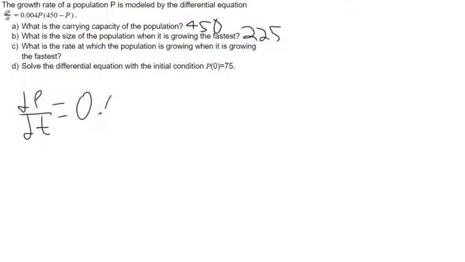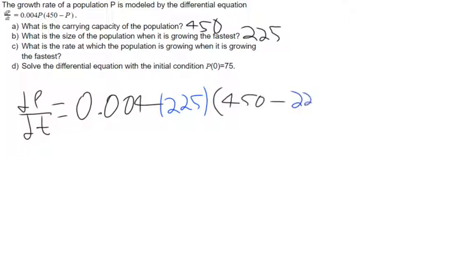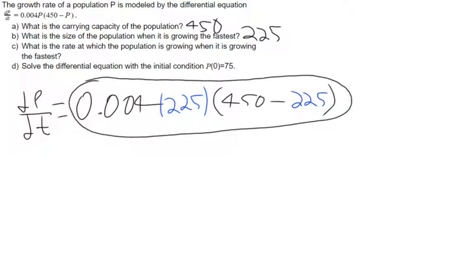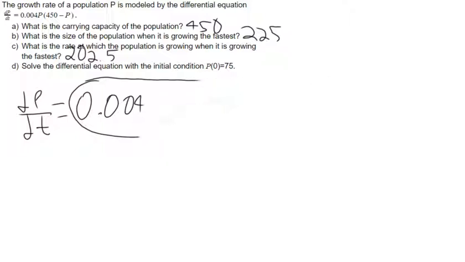So I'm going to get 0.004 times p, and I'll put this down in blue, times 450 minus p. And this right here is the answer to part C. And if this is an FRQ, you can just leave it right here. You don't have to simplify anything. But if you prefer, you could simplify this to 202.5, so I will put that down right here. And there were no units in this question, so you don't have to worry about putting down units for any of these. And now we will do part D, which is going to take up the most work,